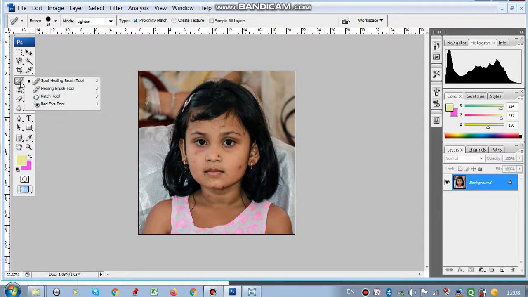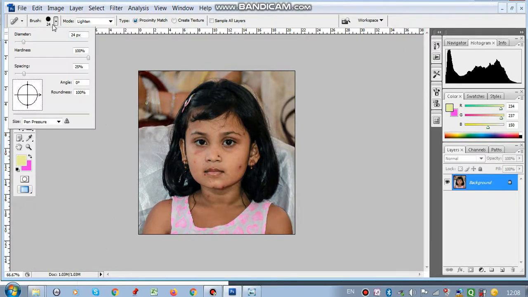Now we are going to start with your spot healing brush or tool. I'm going to click on this. The shortcut key is J. Then for this brush I'm going to set the diameter. If I increase the diameter, see, the diameter will be increased, but it will be more.